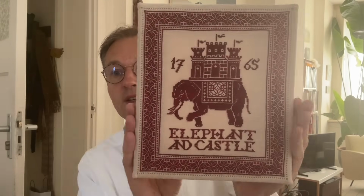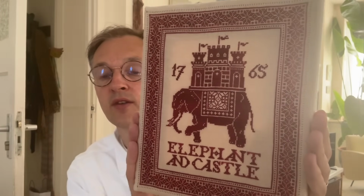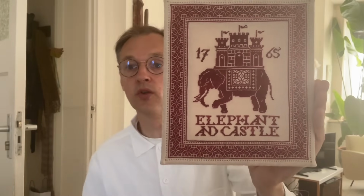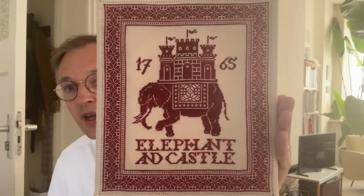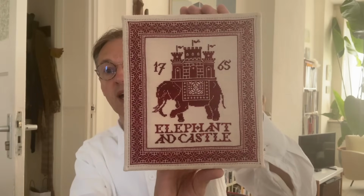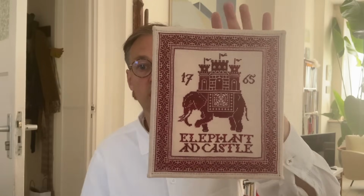Right, let's go to the next design. Yes, I'll do this one first. This is Elephant and Castle, and this is a new pattern I designed and stitched. I have literally been stitching non-stop these past couple of months, and I've so enjoyed it. So this is going to be part of my red sampler wall, and this is Elephant Castle 1765, which is